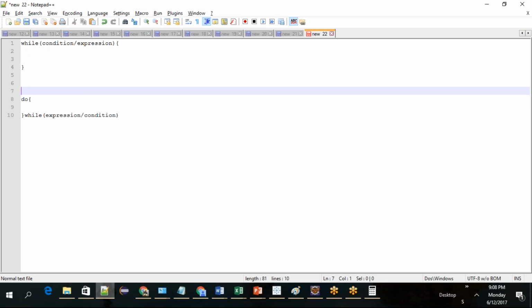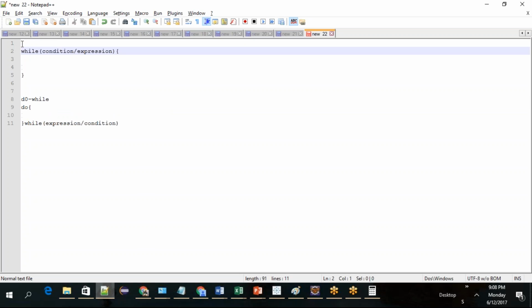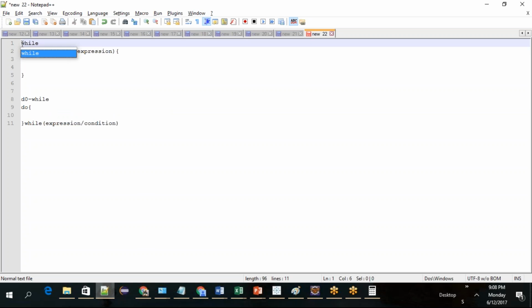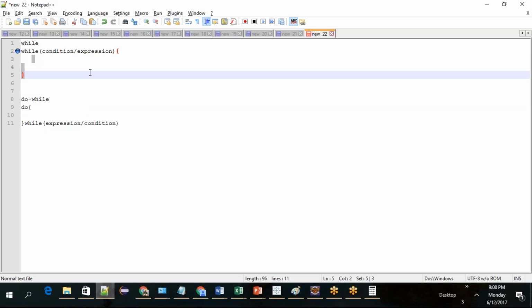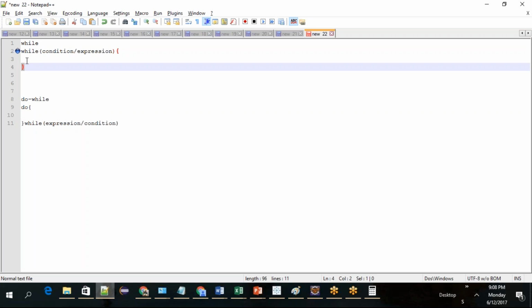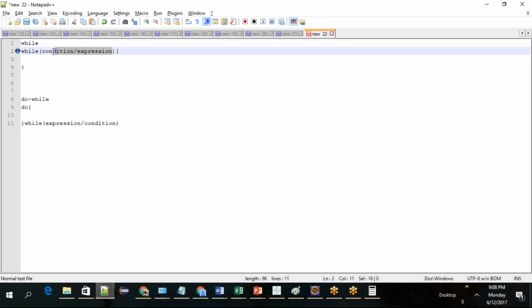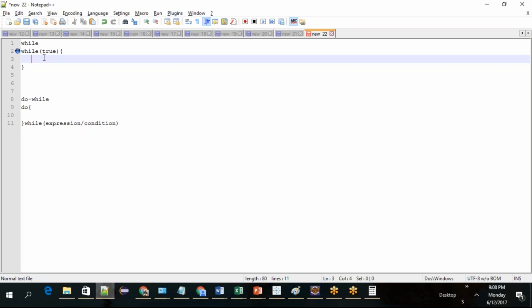Okay, this is called do while, and this is while. Sorry, this is do while and that is while. The difference between do while and while is just the condition. While true: if this condition is true, then only the statements will execute here, whatever statements are in this section. Only if it becomes true, then all the statements within this while block will keep on